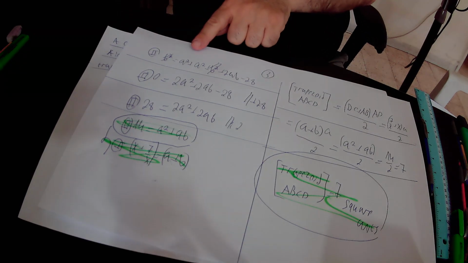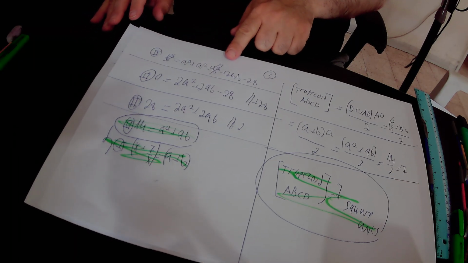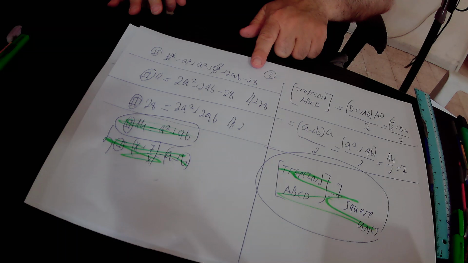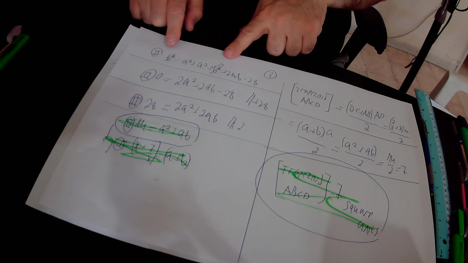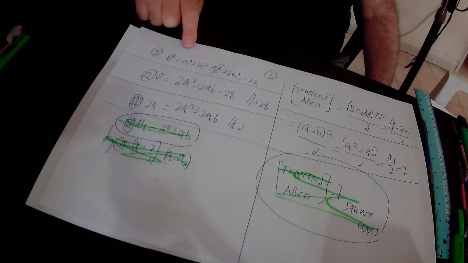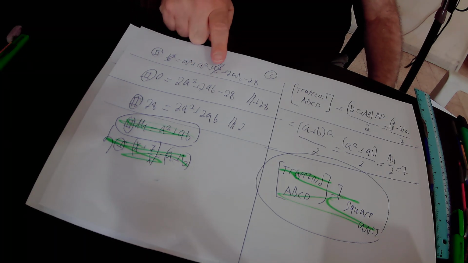Here we open the brackets of this expression, and finally found out that according to equation 2, b squared equals a squared, and a plus b squared equals a squared plus b squared plus 2 times ab, and we have here also minus 28 as a quote from equation 2. So here we have b squared on both sides of the equation, so b squared will get cancelled. So on this side of the equation we are left with nothing, that is to say 0. On the other side of the equation we have a squared plus a squared, that is 2a squared, plus 2ab